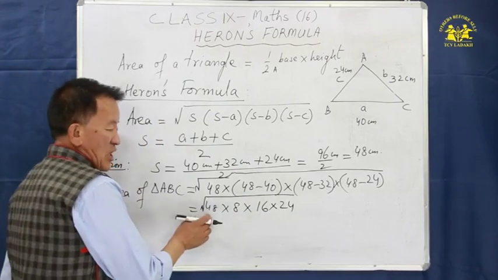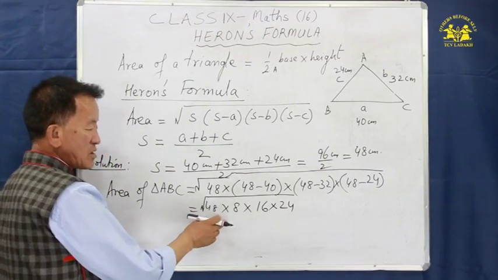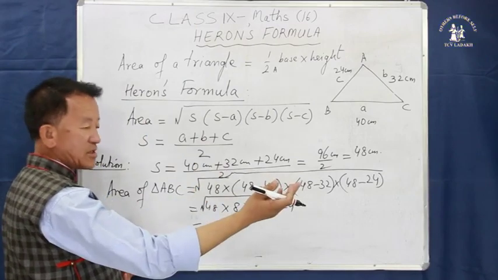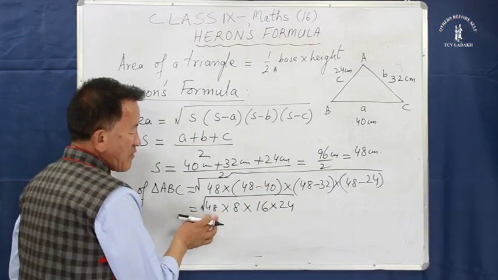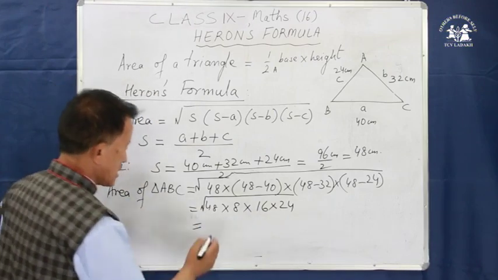We shall factorize. We can do it in two ways. One is multiply all of them together and then find the square root. That is one. The easier one is write the prime factors of all these factors. So 48 can be written as